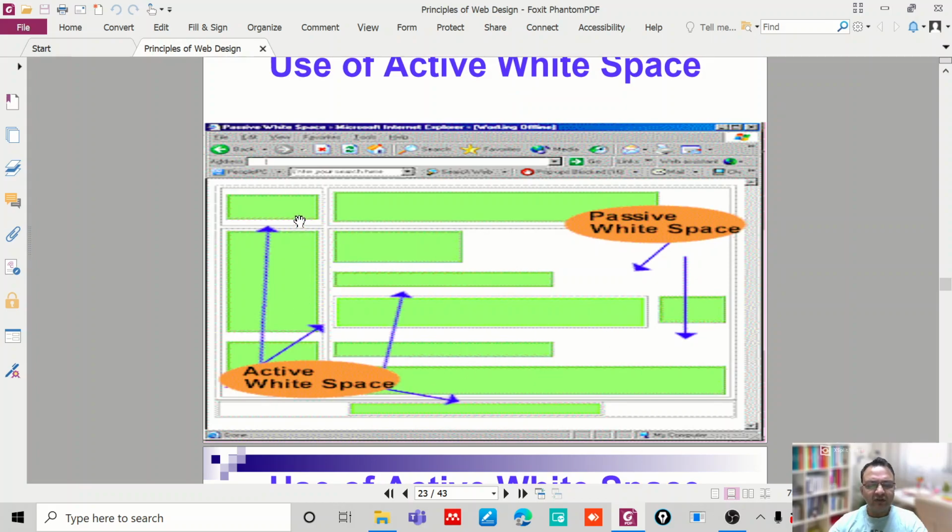All the green boxes actually contain some information on this web page. It could be text, image, hyperlink, or any other thing. The gap between these is known as the active white space, and passive white space is something which is actually remaining after you have some content in the web page.